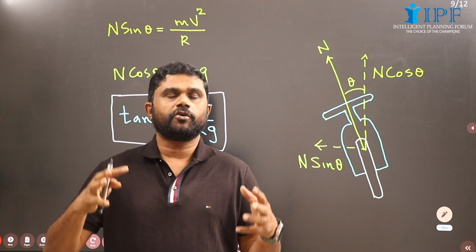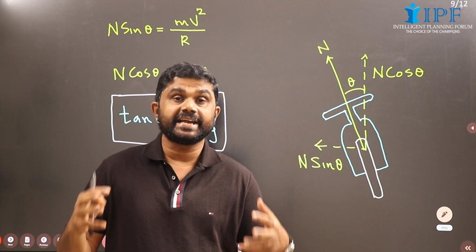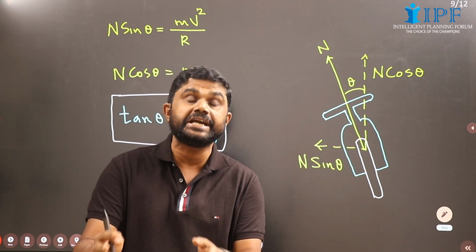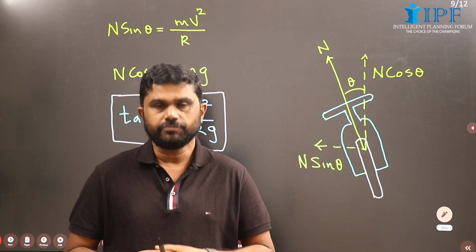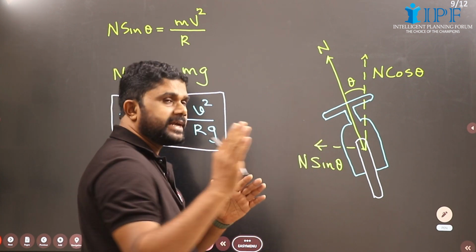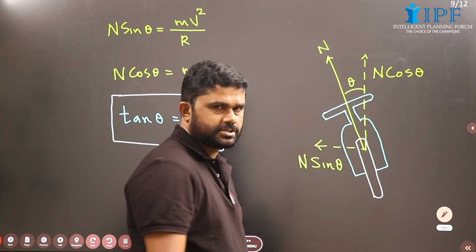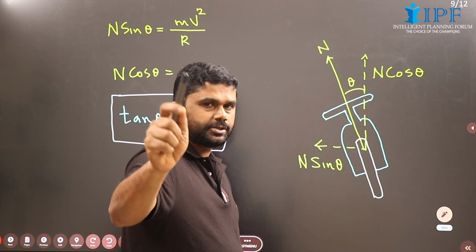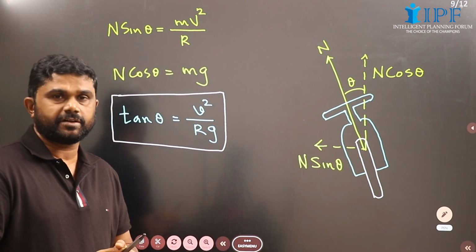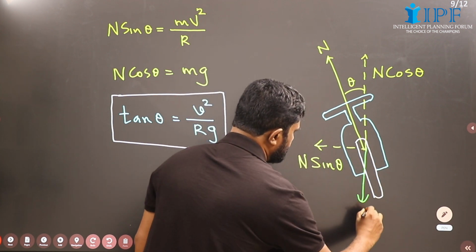Now see, motion of a cyclist on a level road. When a cyclist takes a turn on a level road, he or she will have to lean inwards by a certain angle. What is that angle? Suppose the cyclist turns inwards by an angle, say theta. So this is the normal reaction acting on the cyclist. That normal reaction can be resolved into two components: n sin theta, which provides the centripetal force, and n cos theta,